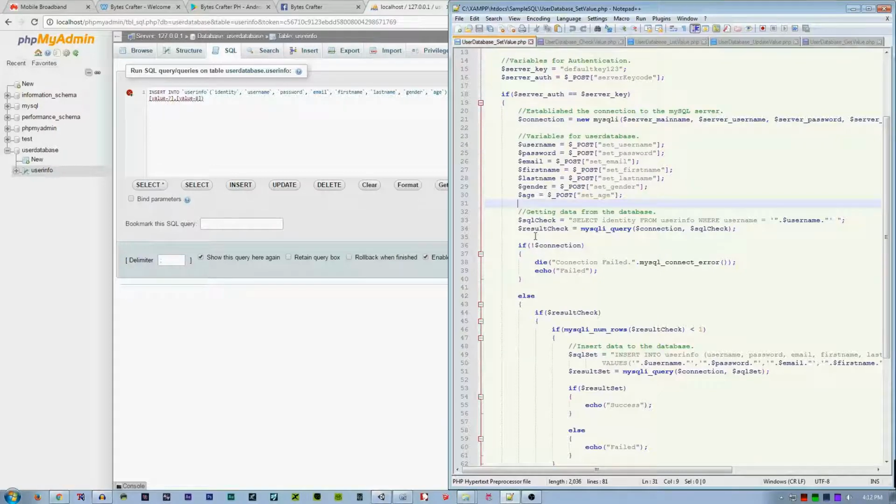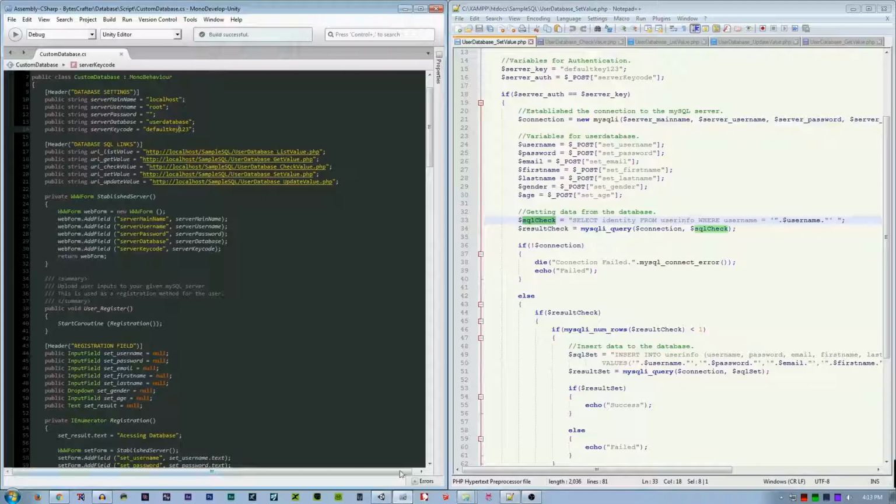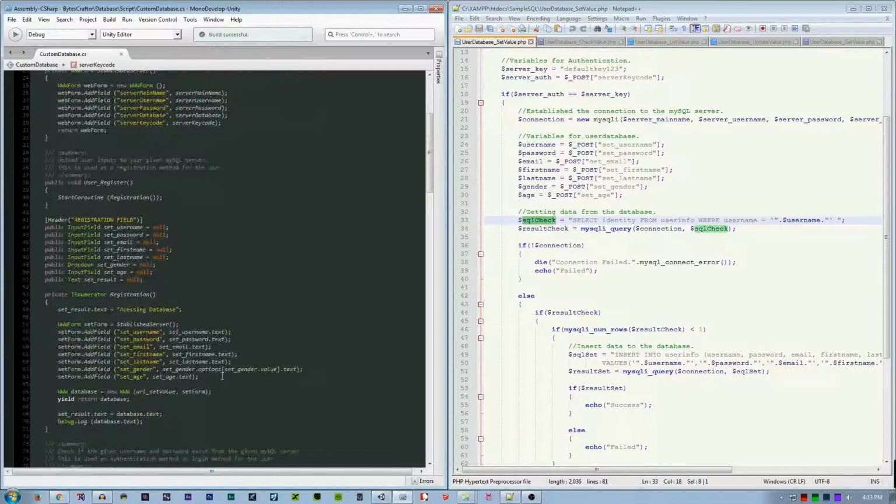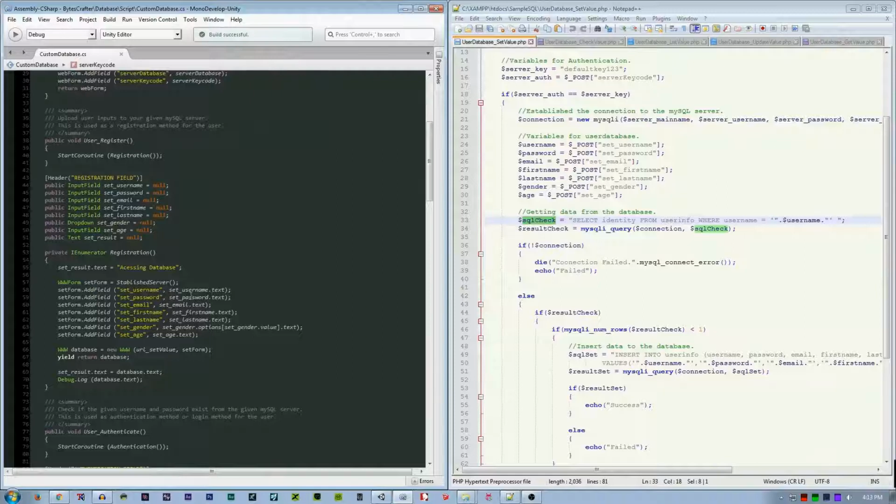So we will declare a new variable. By the way, this variable for the user database will be accessed on the registration here, adding fields to establish a server and add a field to set the username. Here again, the key: you should declare the key before the value.